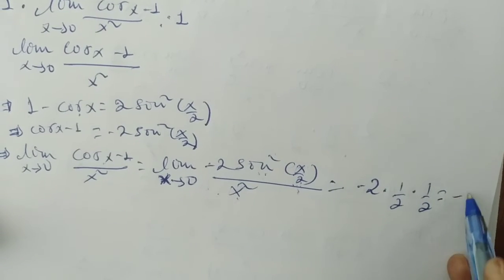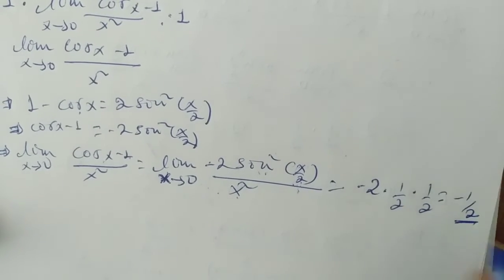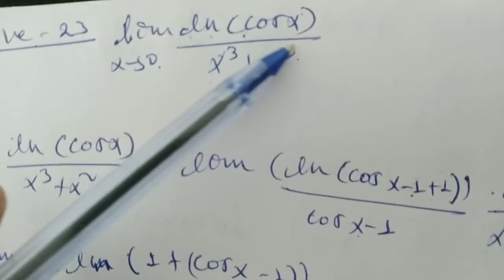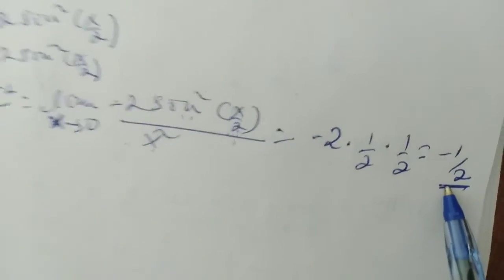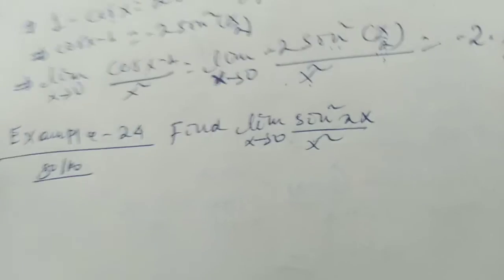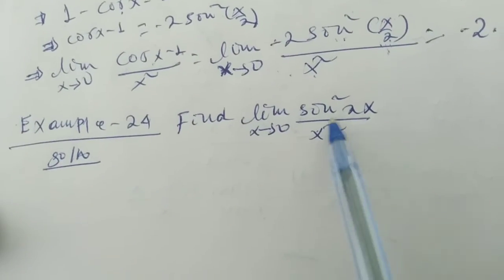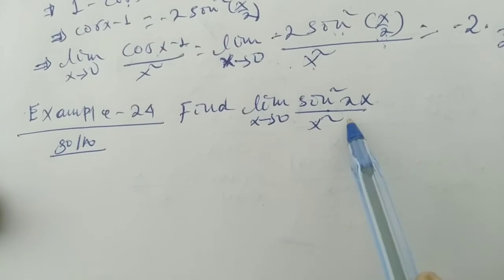which is equal to minus 2 times 1 over 4, which gives minus 1 over 2. So the limit of ln of cos of x over x cube plus x square when x goes to 0 is equal to minus 1 over 2. Okay, example 24: find the limit of sin square of 2x over x square when x goes to